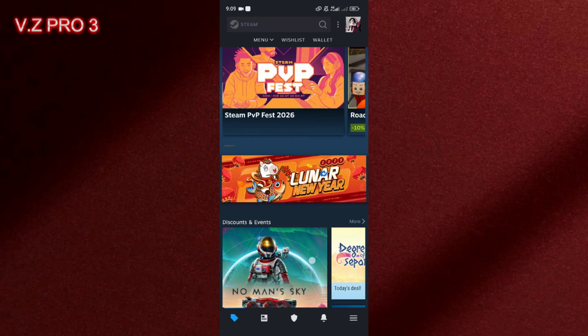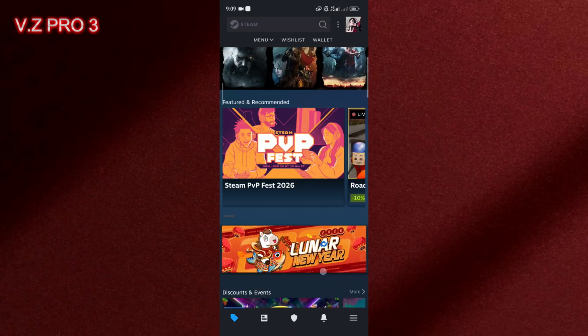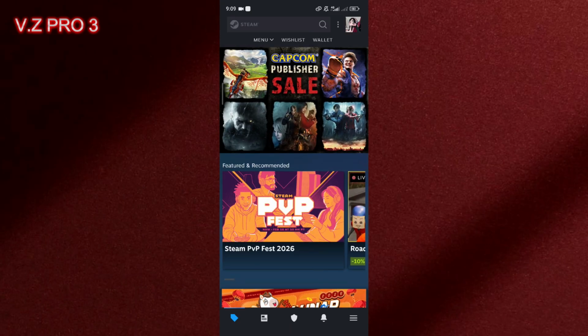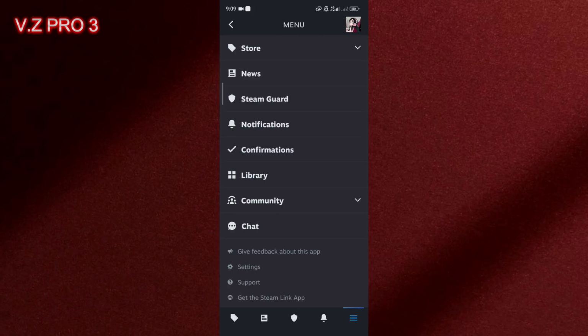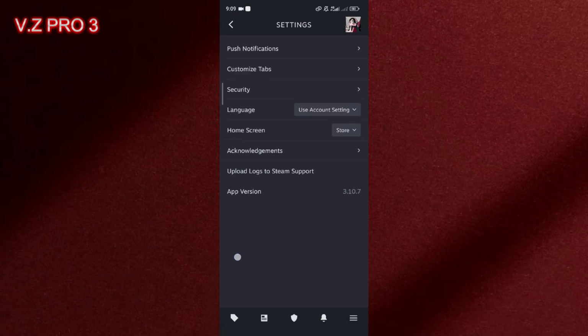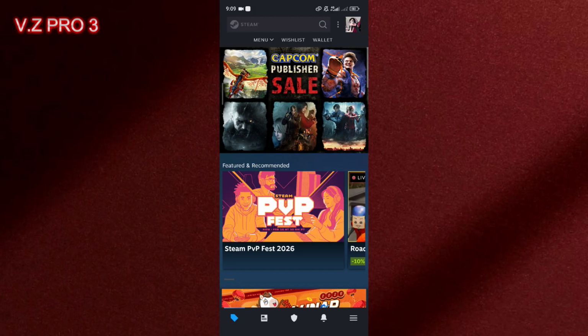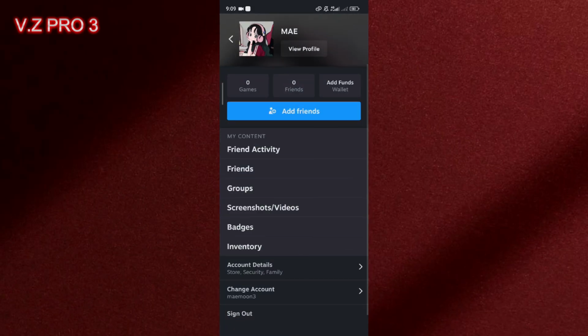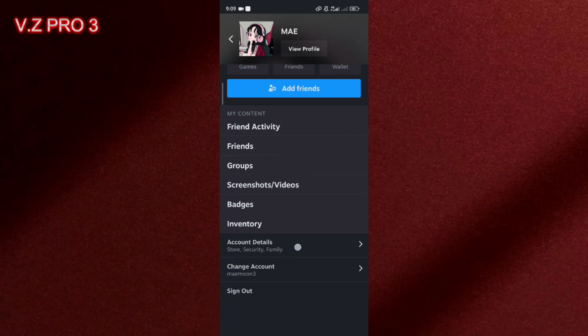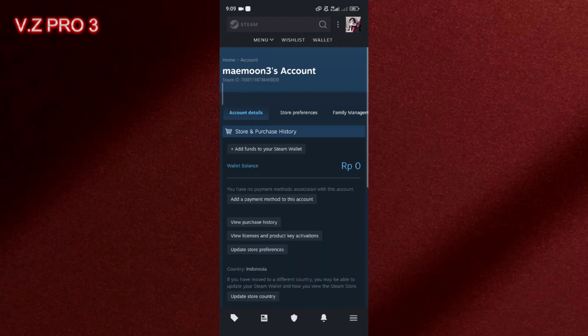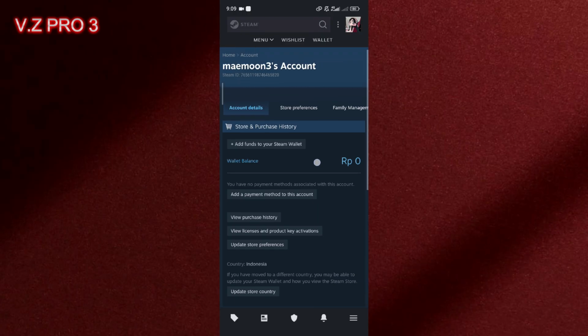It's very simple. First of all, of course, we have to open our Steam. And from here, you can just go to settings. You can select on the three lines over here. Now you can select on settings. You can tap on the upper right corner in the profile, and here you can just scroll down, select on account details. On account details, you can check your